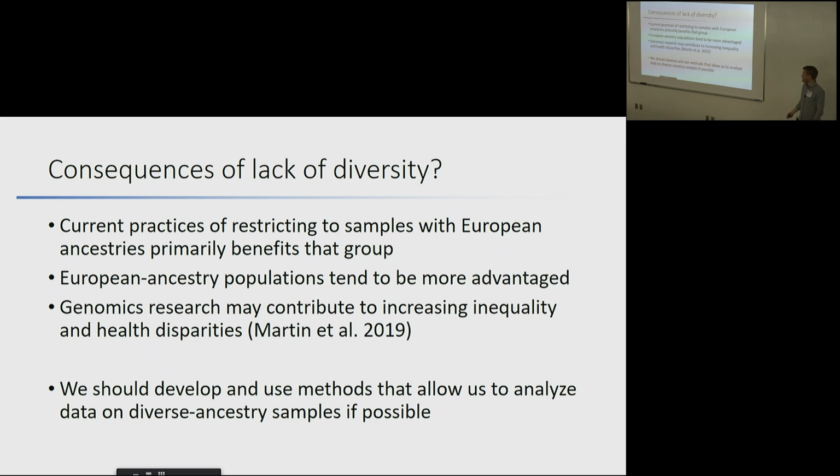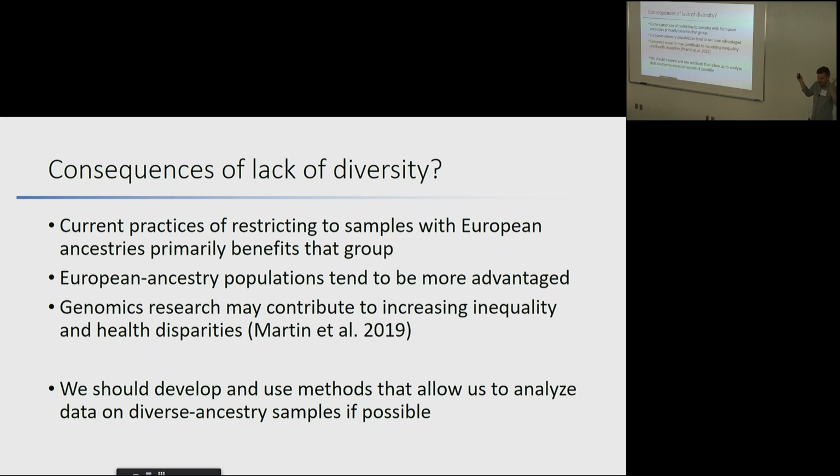So why is this bad? Well, if we're only studying a certain subgroup of the population, then as we develop policies, we'll only learn about that subgroup. And so as we develop policies that are meant to improve the welfare of society, those benefits are largely just going to land on this subgroup that we're studying. As a result, Alicia Martin published a paper where she says that genomics research, as it's done today, may contribute to increasing inequality and increasing health disparities. So this is a big problem, if the work that we're doing is actually making the world a worse place, assuming we don't like health disparities.